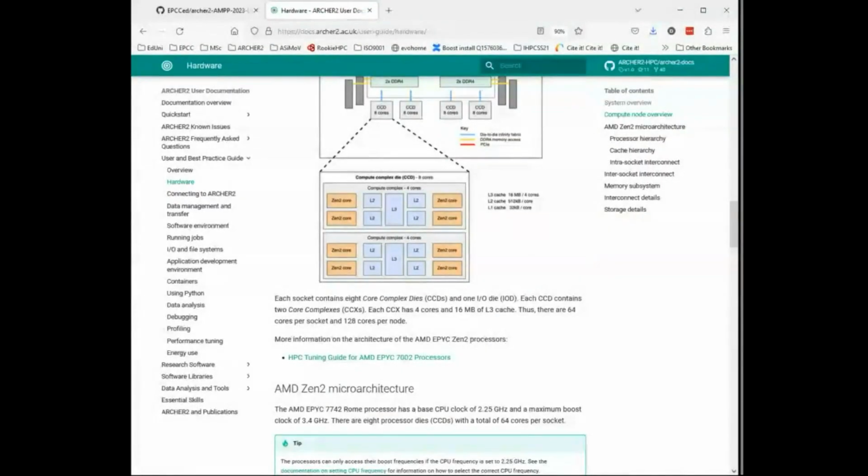And that's because all modern systems are at some level non-uniform memory access, which is just a hardware feature, because we cannot build very, very large